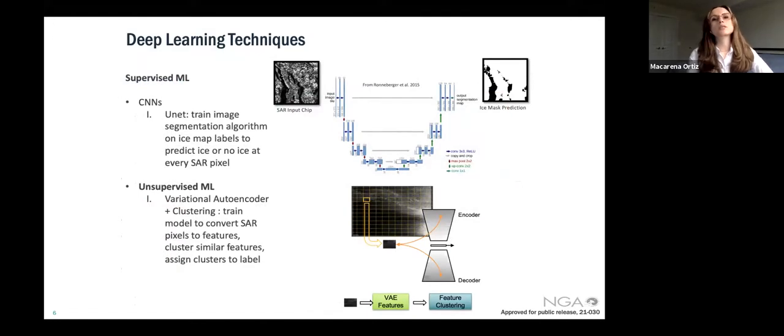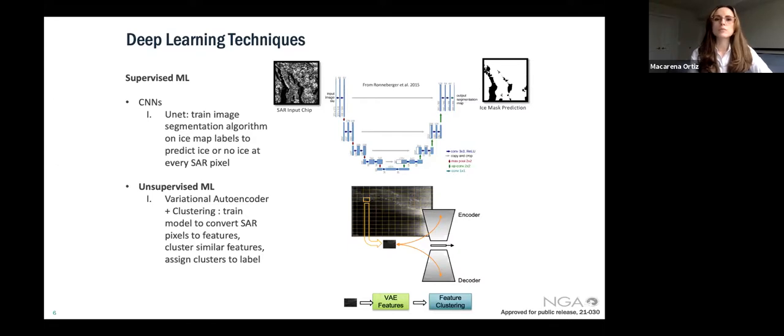So our goal for this project was to segment pixels in SAR imagery into ice or open water, and we wanted to do this in an automated way. We tested two different types of machine learning techniques: one supervised and one unsupervised.